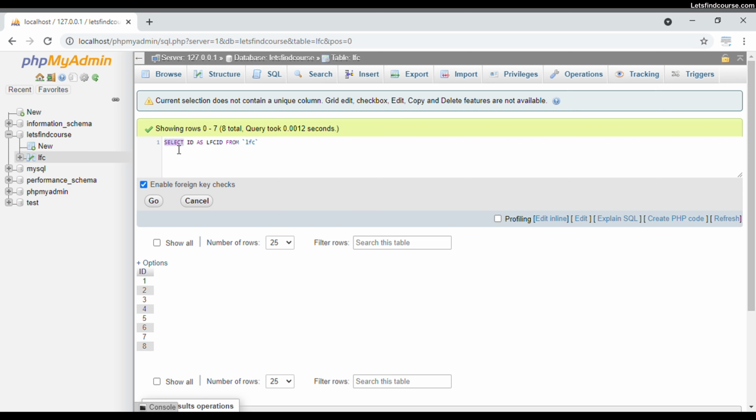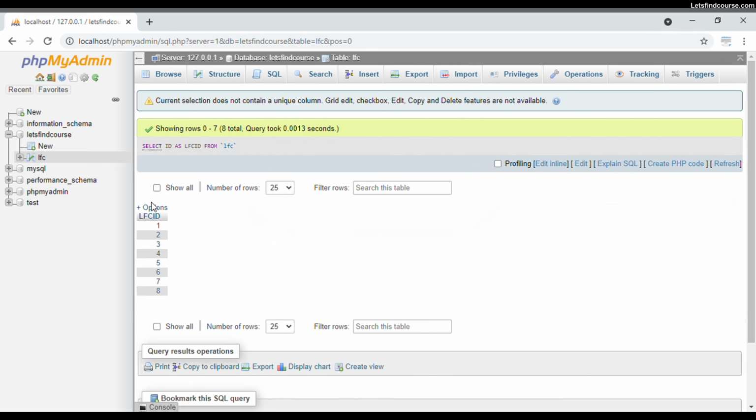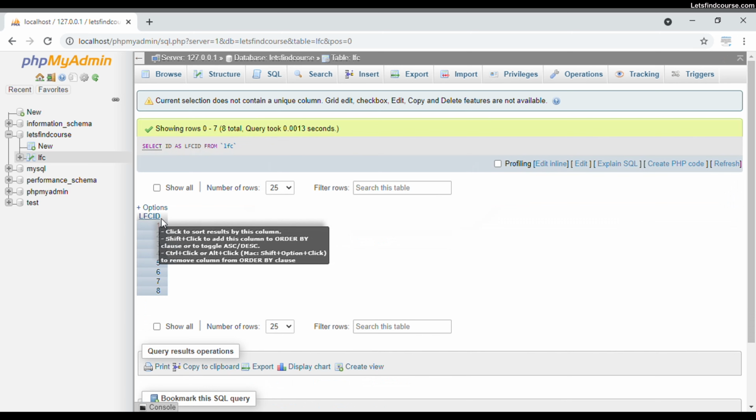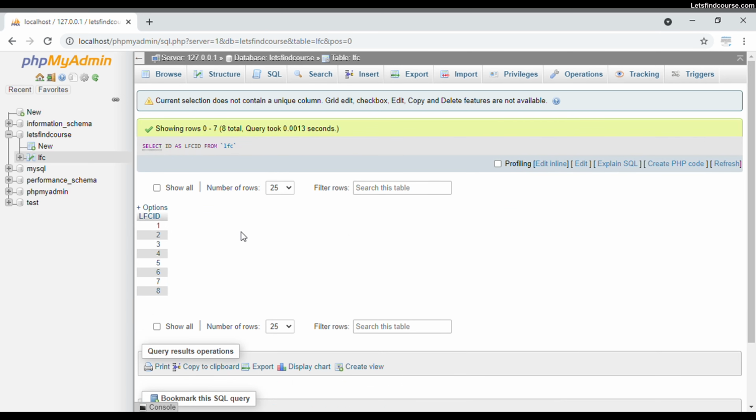So select ID, where ID is our original column name, AS is the keyword used to give a temporary name to the column, and LFC ID is our temporary name, from LFC. When you run this query, you can see over here there is LFC ID. So in this way you can use a temporary name to make a column more readable for users.